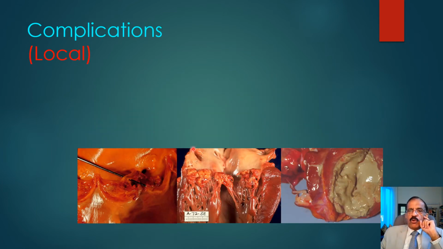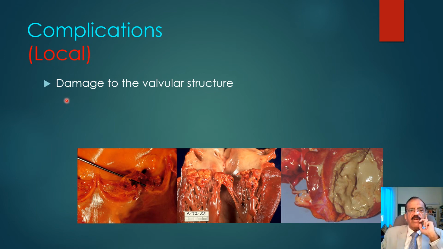Now, talking about the complications of this disease, there's some local complication and some systemic complication. Local complication, there may be damage to the valvular structure, the valve itself, or its chordae, or its ring. So any part of the valve may be ruptured, and that would of course lead to perforation. And this is the example. There's a perforation of valve that would result in